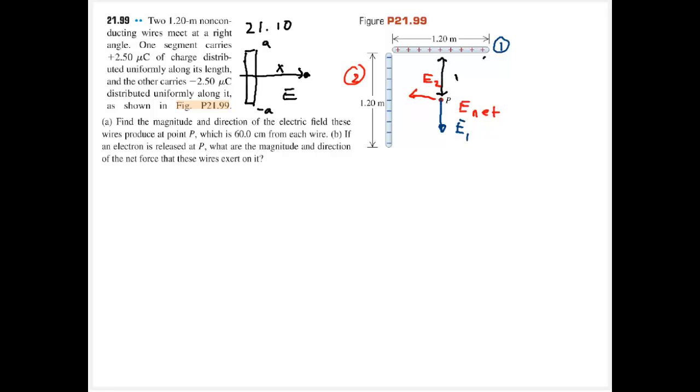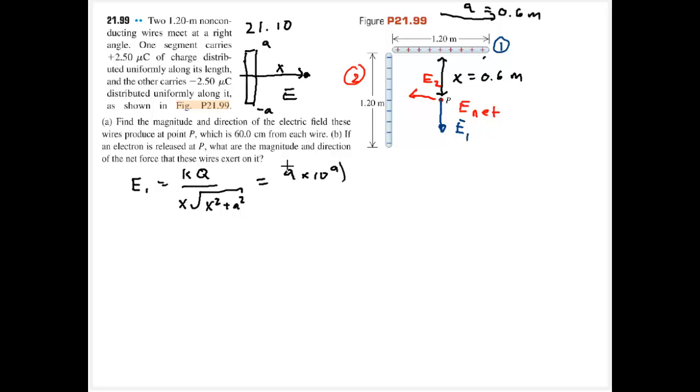Our distance x is going to be 0.6 meters, and going from negative a to a tells us that a is going to be 0.6 meters, and we can essentially flat out use the results, which said that the electric field for 1 is equal to kq divided by x times the square root of x squared plus a squared, or 9 times 10 to the 9th multiplied by the charge, 2.5 times 10 to the minus 6 coulombs, distance x 0.6 meters, square root of 0.6 squared plus 0.6 squared, which is going to give me